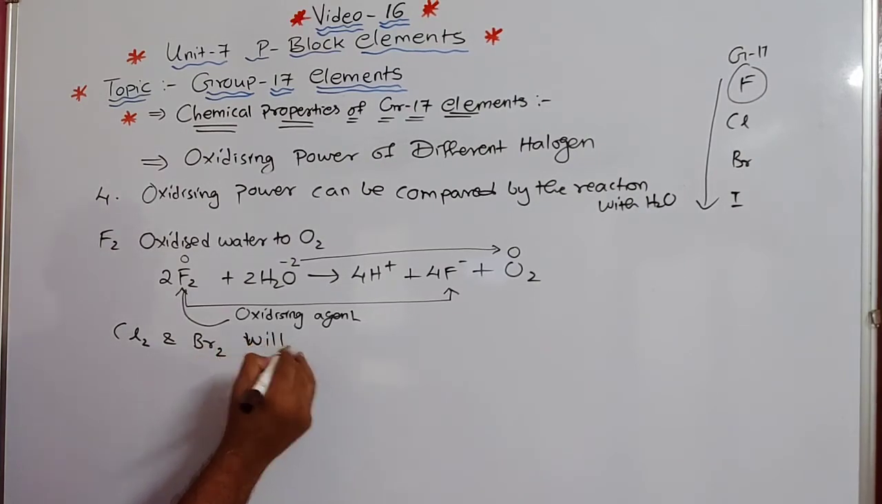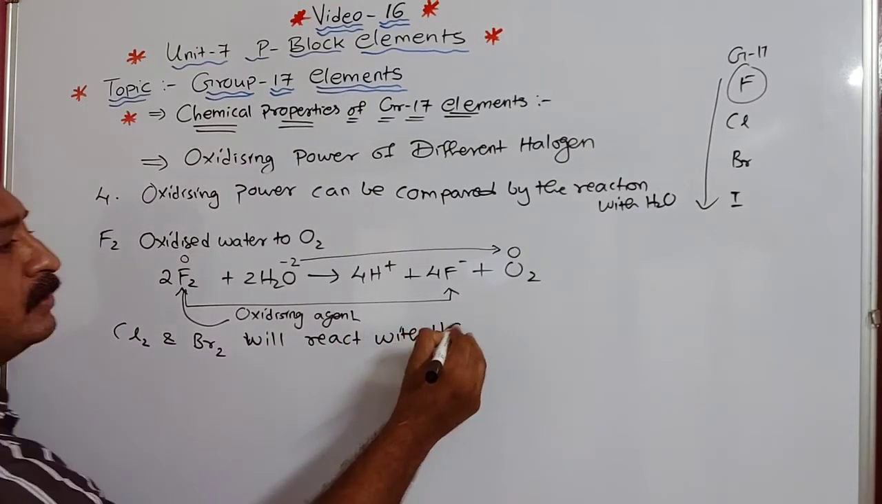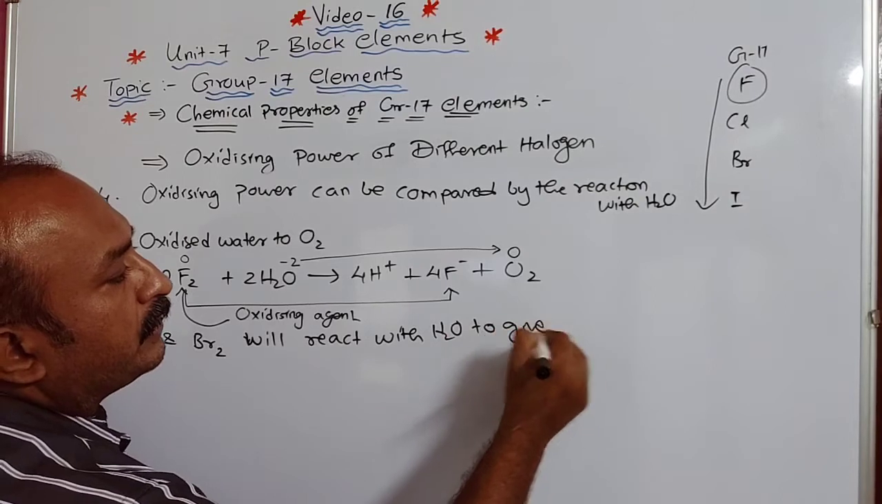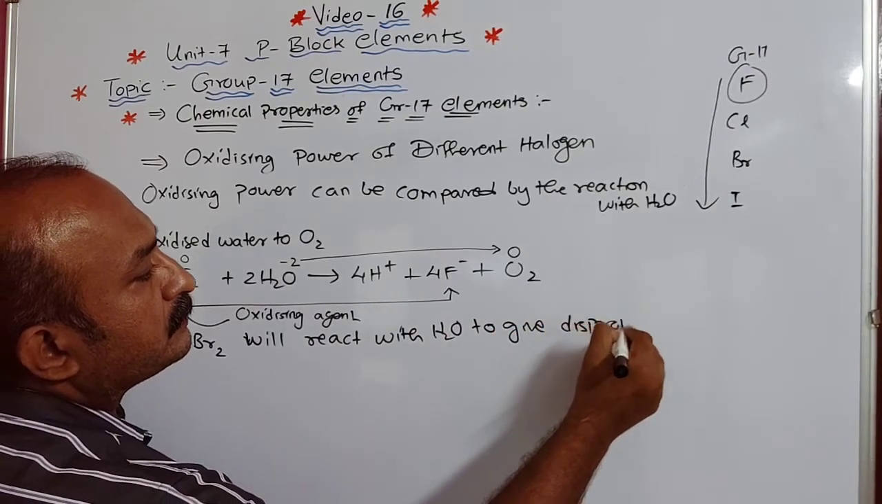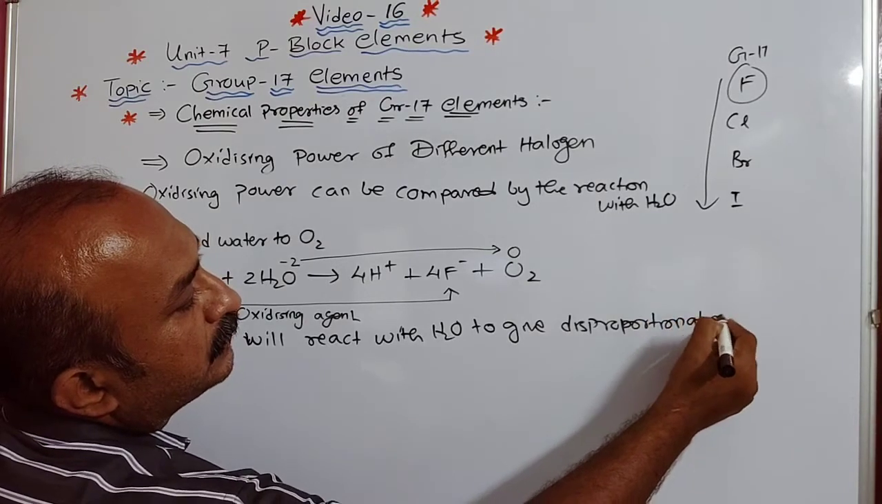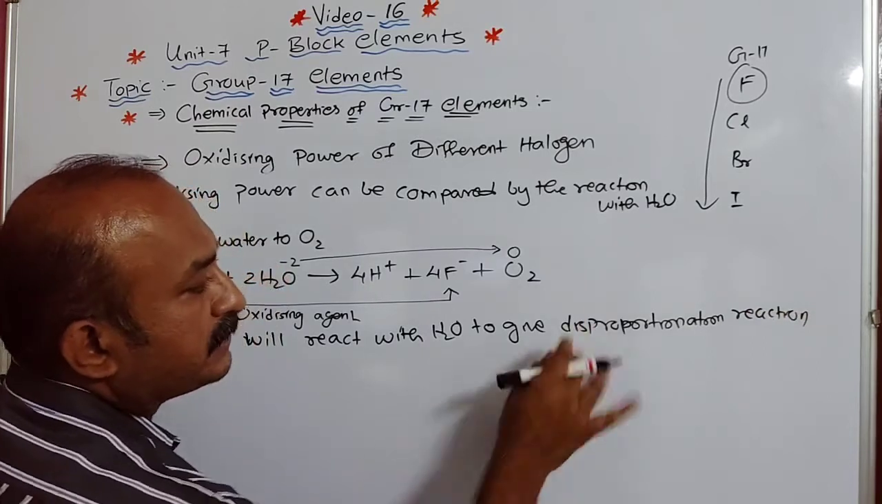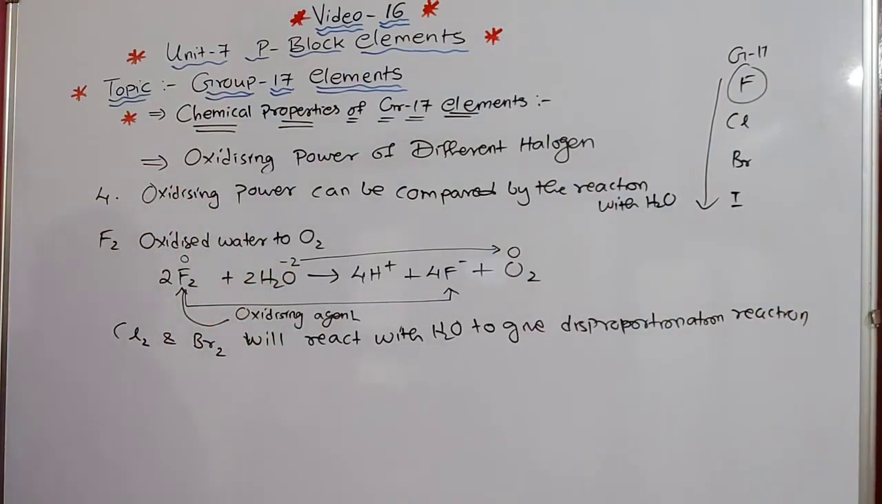Br2 will react with water to give a disproportionation reaction. Clear? Now, disproportionation reaction means what? The same atom gets oxidized and reduced. So for that, one reaction is given: disproportionation reaction into